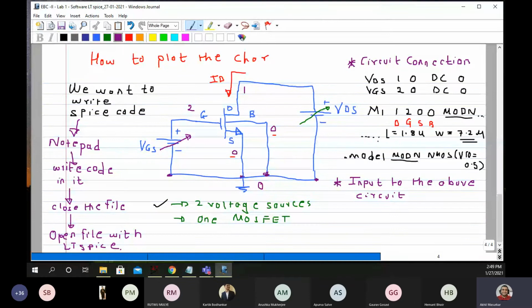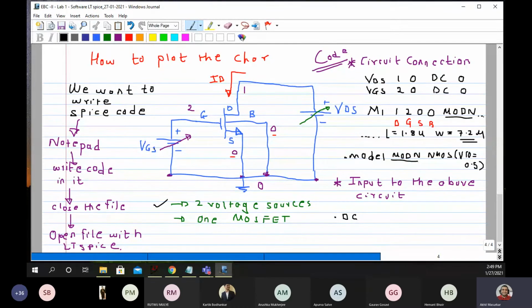So from here this is the code. Okay, all the lines are code only. Then I will write dot DC.